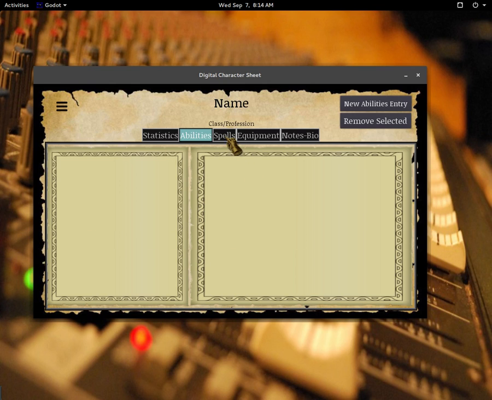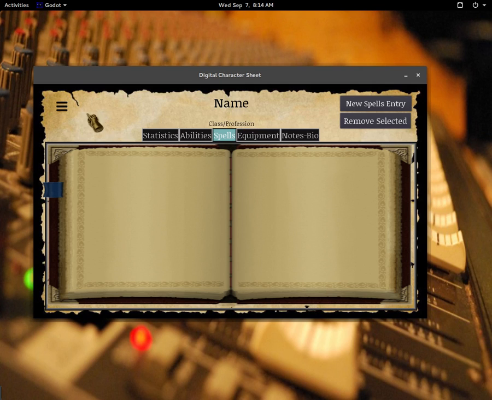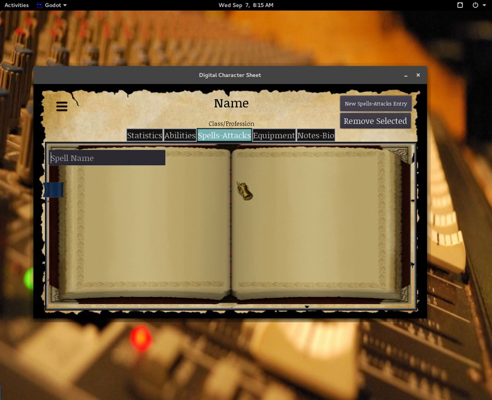Great. Next is spells. Again, can be renamed to anything. I like to rename this one to spells attacks. So I can have my spells and my attacks down here. So if I wanted to put in the dice rolls that I need for my longsword when I'm attacking,